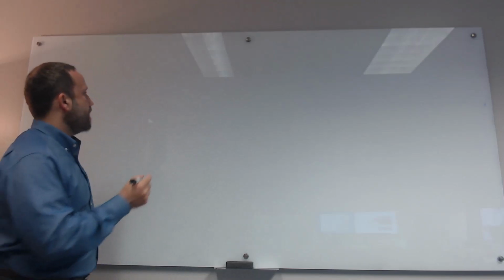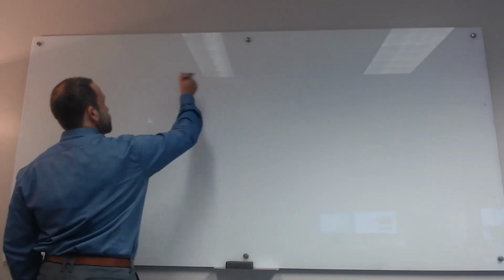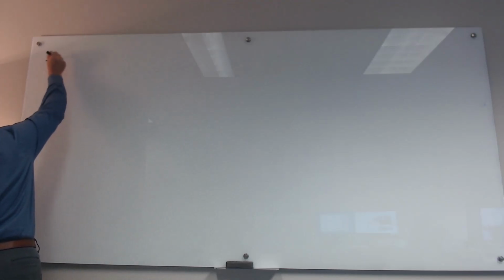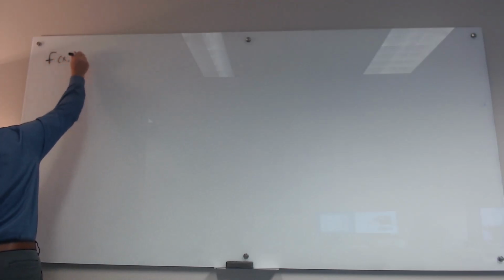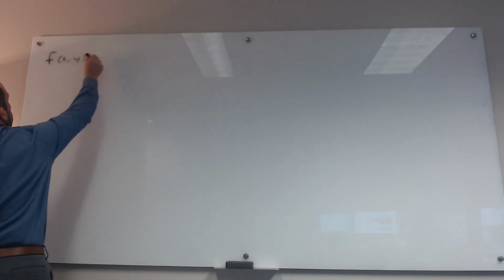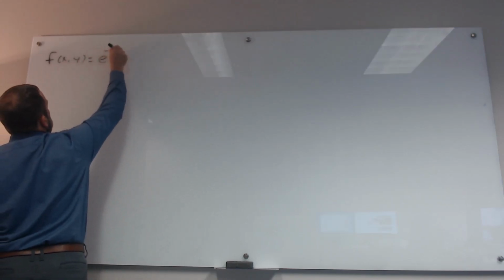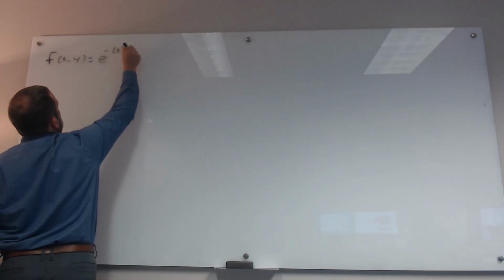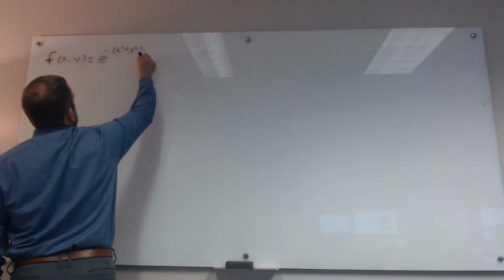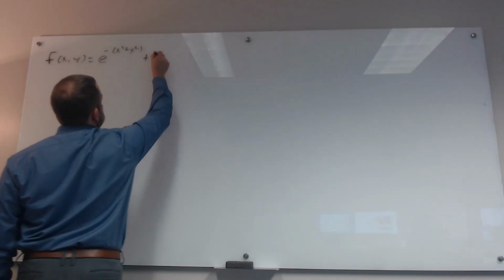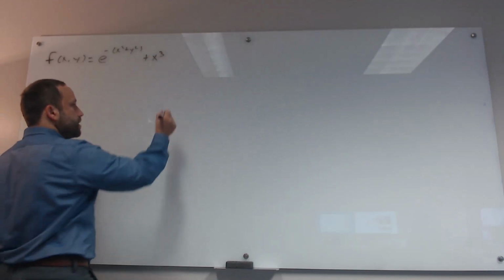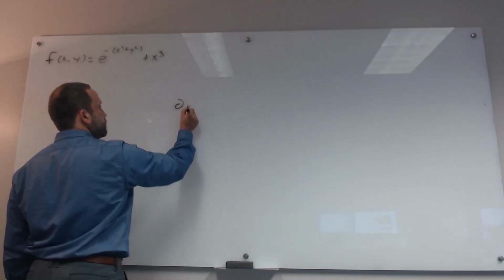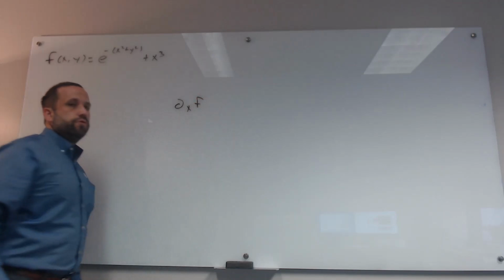So let's say I have some function, and I'm going to use this function for several examples, so keep it in mind. Let's say we have some function f of x, y, equal to e to the minus (x squared plus y squared) plus x cubed. Now, when I write something like the partial derivative of f with respect to x,